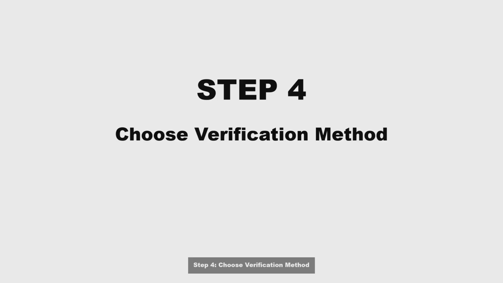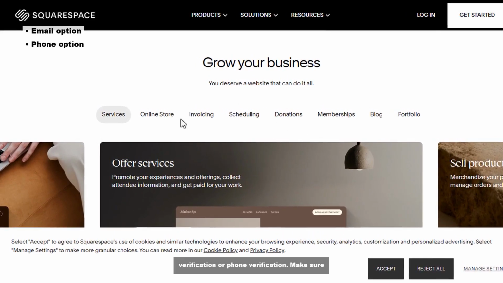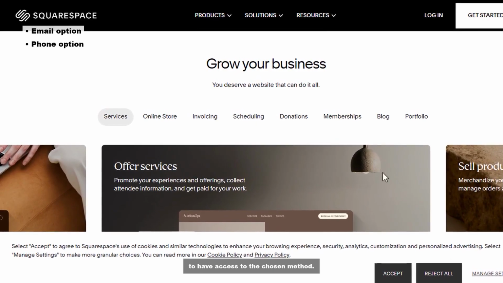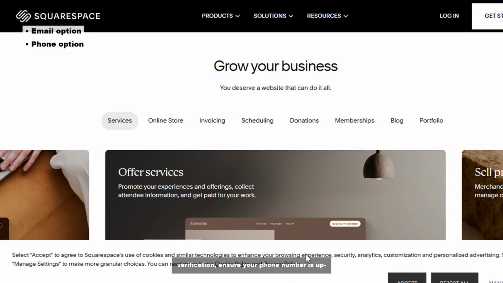Step 4. Choose verification method. Select your preferred verification method. You can usually choose between email verification or phone verification. Make sure to have access to the chosen method. Quick gotcha: if you choose phone verification, ensure your phone number is up to date in your account settings to